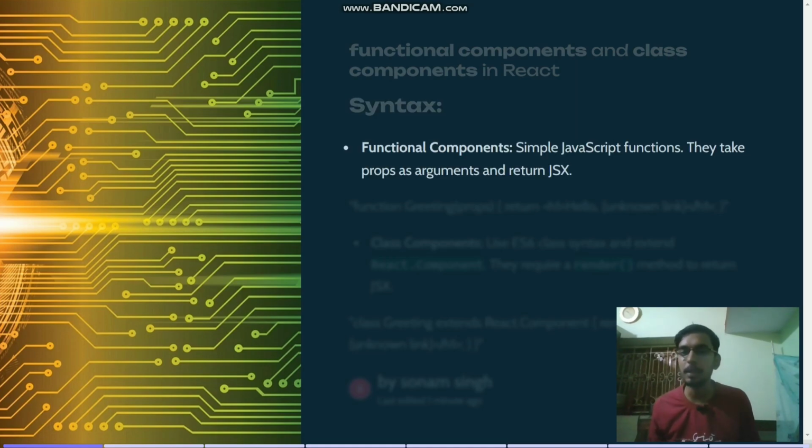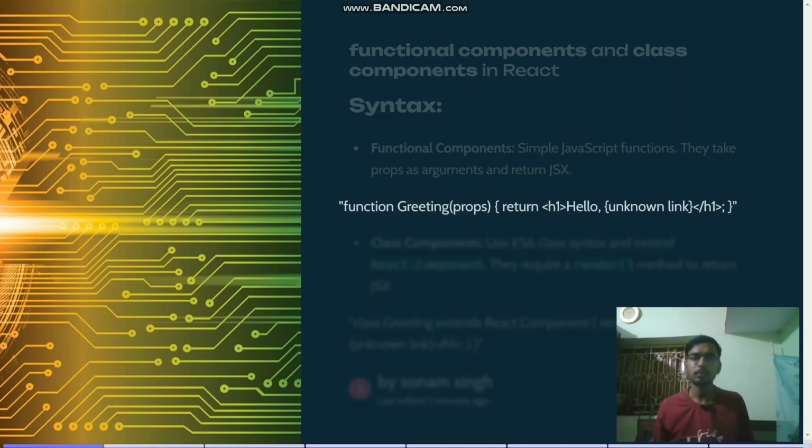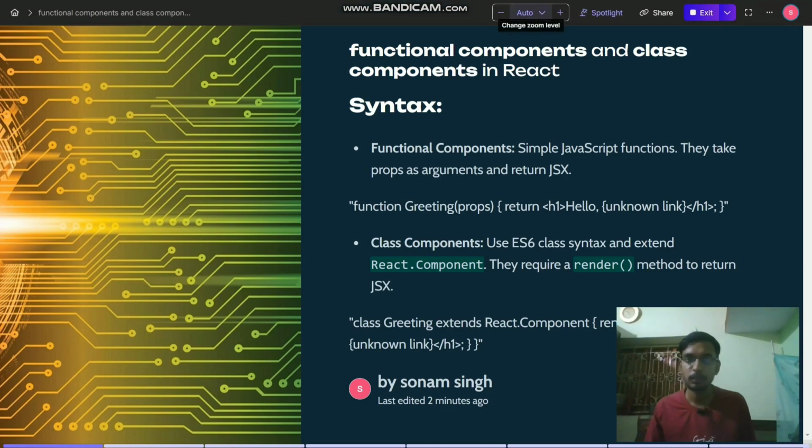A functional component is a simple JavaScript function that takes props as an argument and returns JSX. Functional components are used in a very regular way in React.js application development. The functional component looks like this: we write the function keyword, then the component name, and then props as an argument, and then we have to return the JSX syntax. Okay,